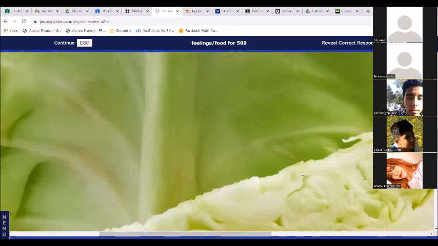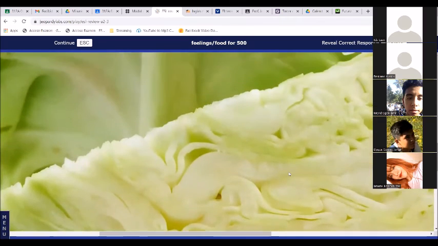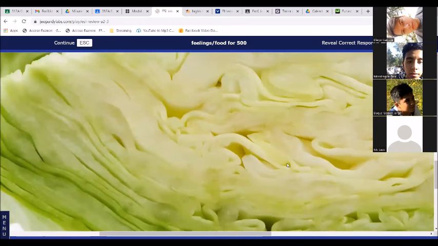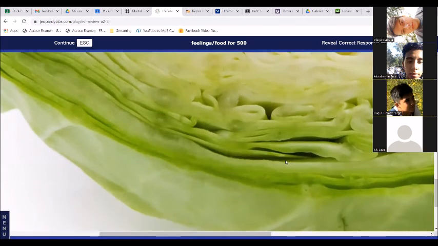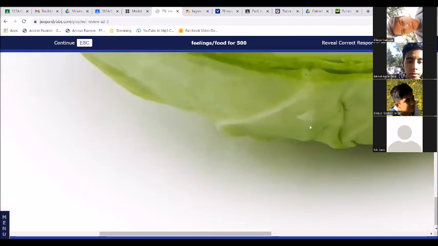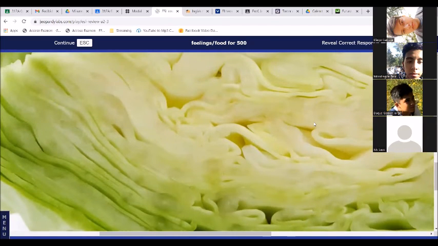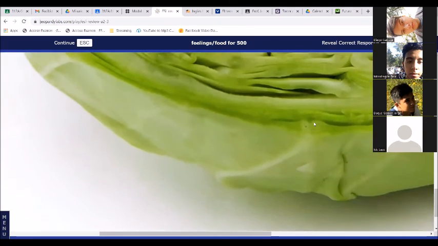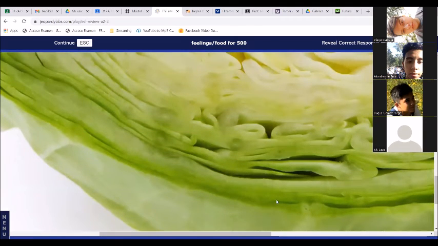Who knows this one? Emiliano, you know this one? What is this called? Lettuce? No. Same family, but not lettuce. Diego, do you know? Cabbage. Cabbage, exactly. All right, guys.